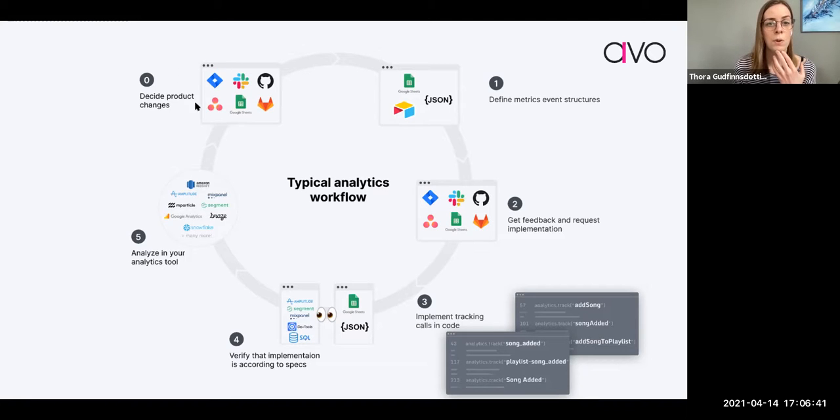So the first part, or the part number 0 here, is to just decide product changes. And that can happen in various different tools. Everyone has their own tool to document things. It could be Jira, it could be Google Sheets, Asana, Notion, whatever you're using. So that is usually the first step and first like the trigger of defining the analytics for a new feature